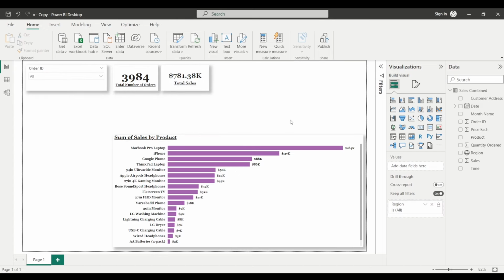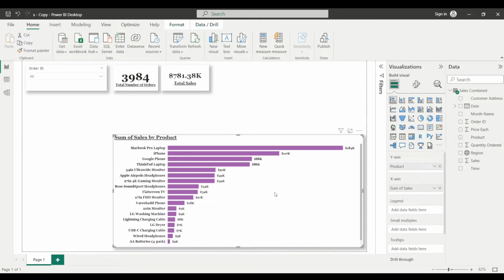Hi everyone. So in the previous session we discussed creating a ribbon chart, and then we created a bar chart as well. But here in this bar chart you can see that it's occupying more space, and I don't want it to occupy much space. So I want to reduce its size. Fine. So when I try to reduce its size,